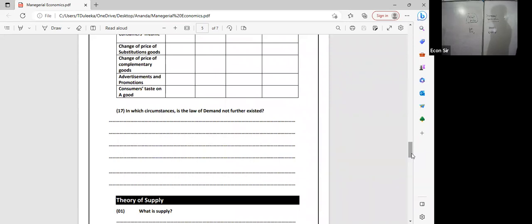In which circumstances does the law of demand no longer exist? Right? When the factors still remain unchanged,